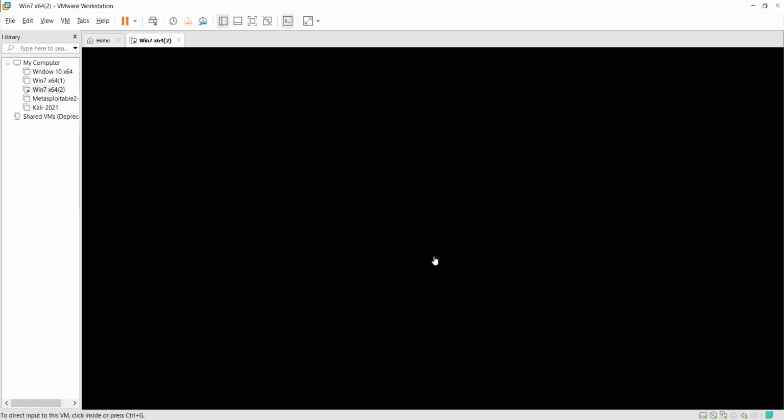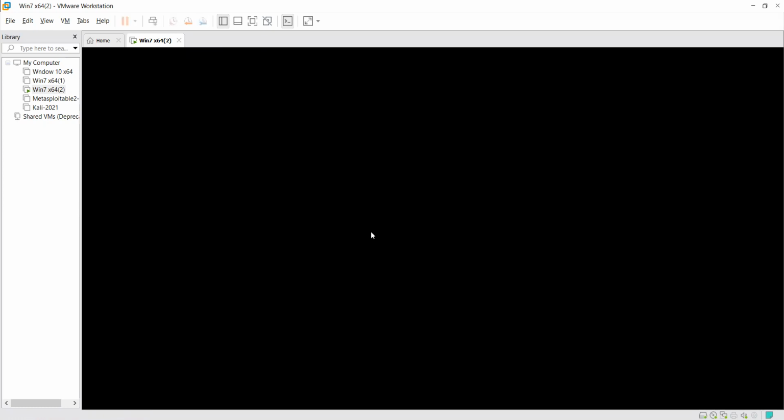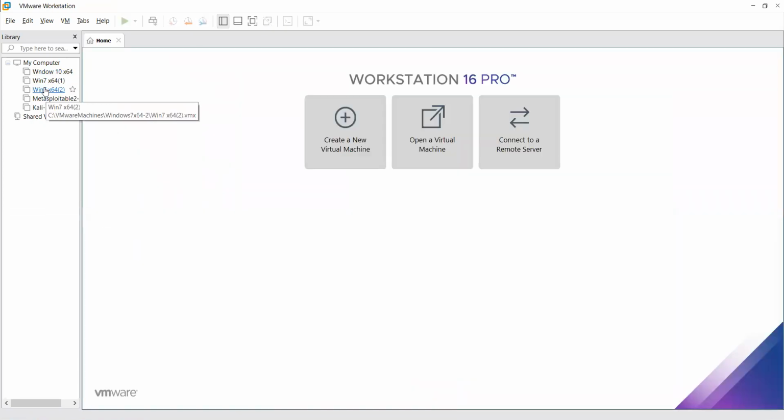Okay guys, if you see this type of thing, like your system automatically restarts, it's not a big deal. You need to follow the procedure again, because sometimes the system completes the troubleshoot automatically and switches your system to the right condition. So it's not a big deal.